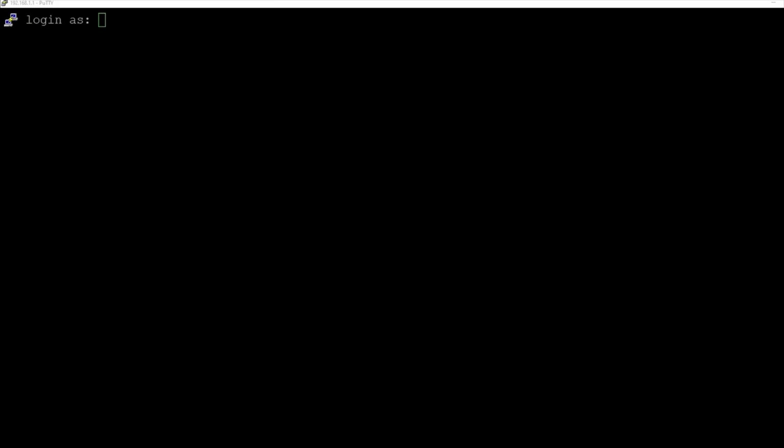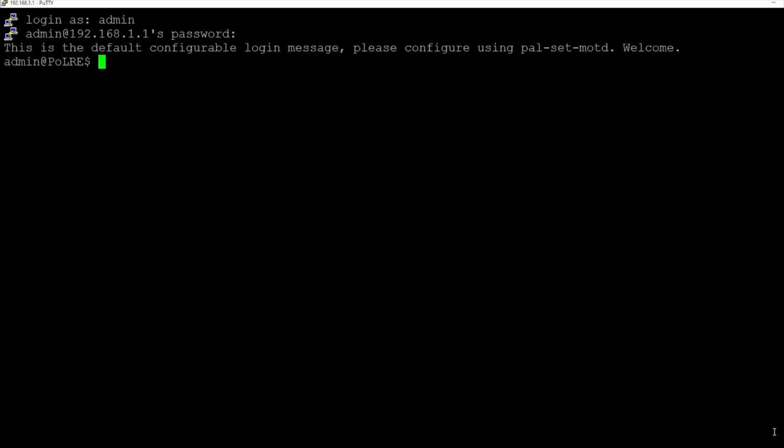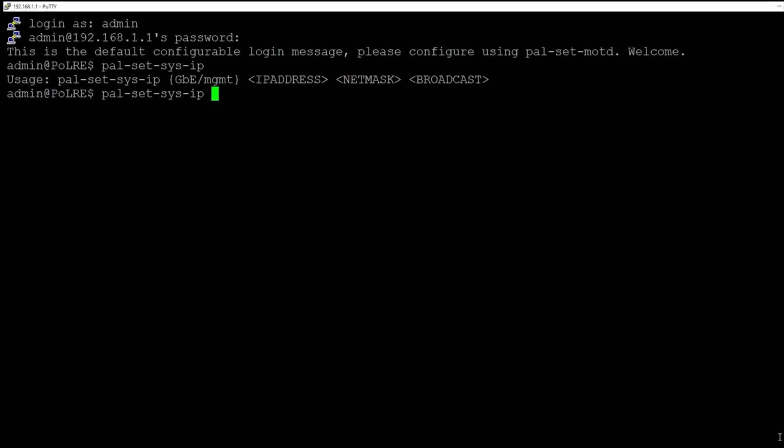To change the IP address of the switch via the command line interface, we can connect to the switch via SSH or Telnet with the IP address of the switch, or via a serial console connection with a serial console cable. Once we have established a connection, we will log into the switch with the same username admin and password admin. We will then issue the following commands: